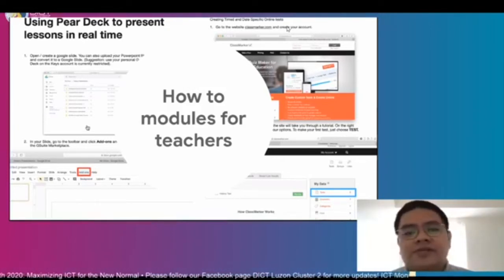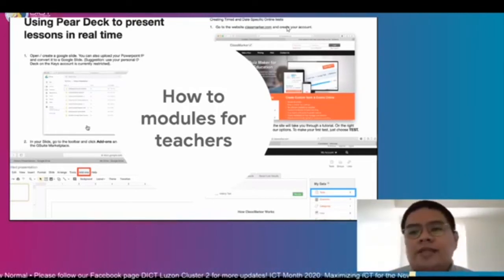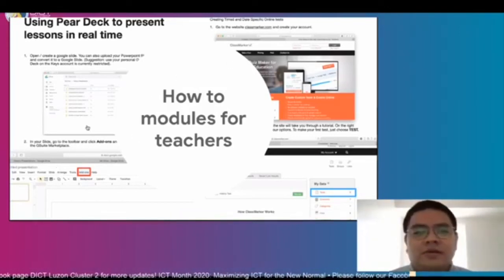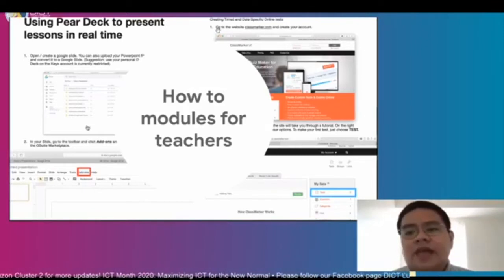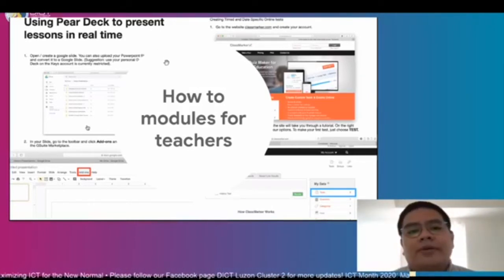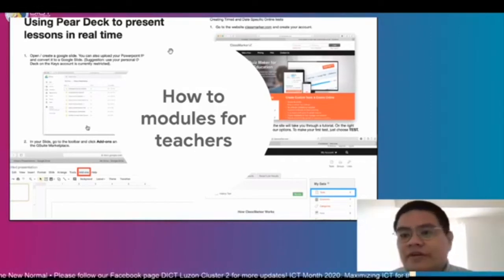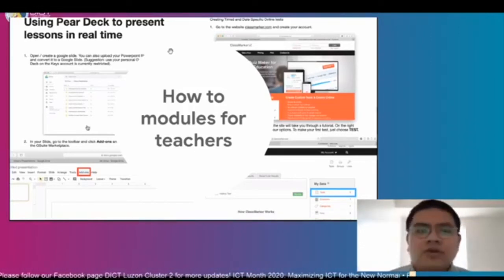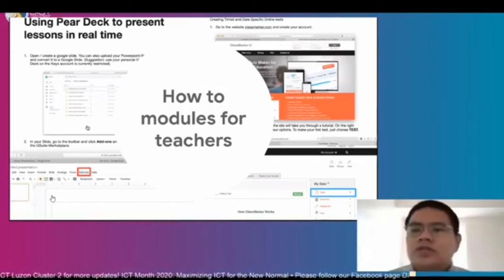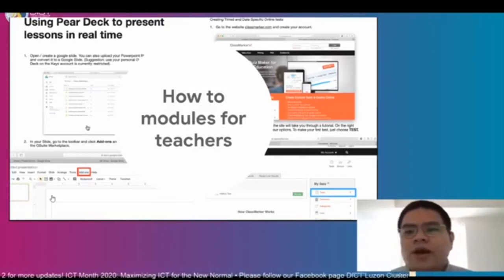As you can see from my screen, I had them try out Pear Deck so that they could create interactive and engaging slides for the students, so that there would still be that element of engagement and interaction that is not commonly found in an online learning environment. We also had to think about the different methods of assessing our students. Yes, we could have used Google Forms, but then there were still a lot of questions about how do we ensure that our students aren't cheating,